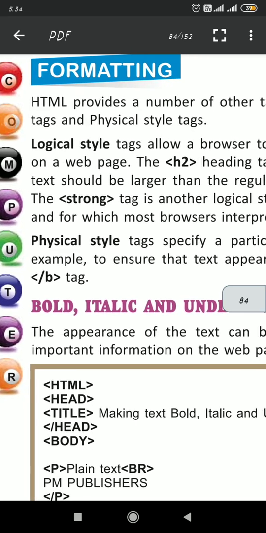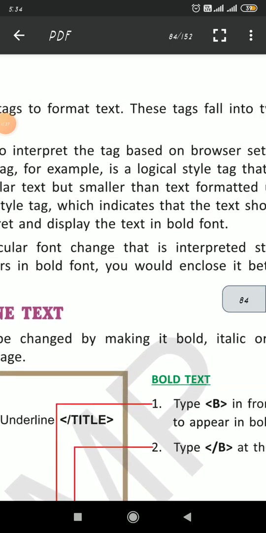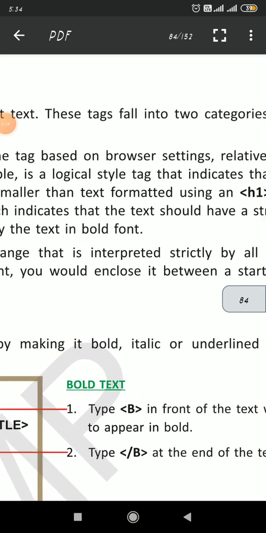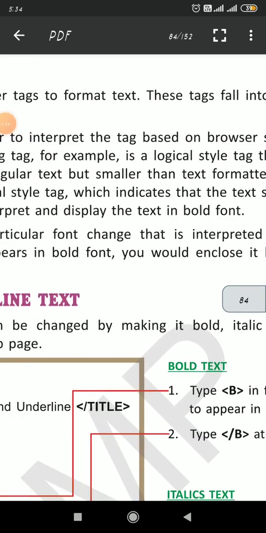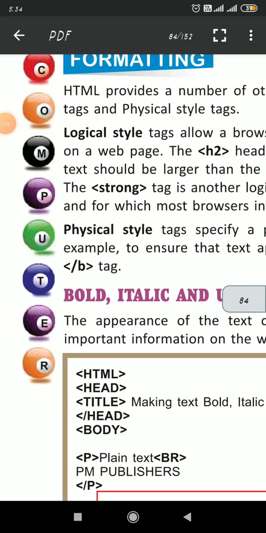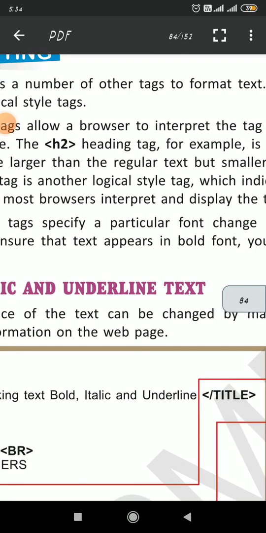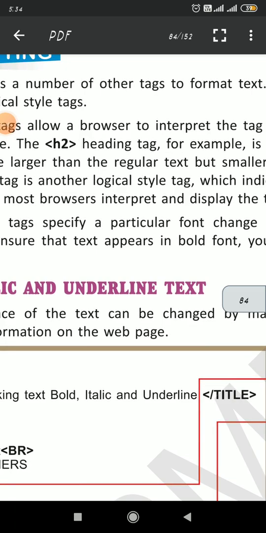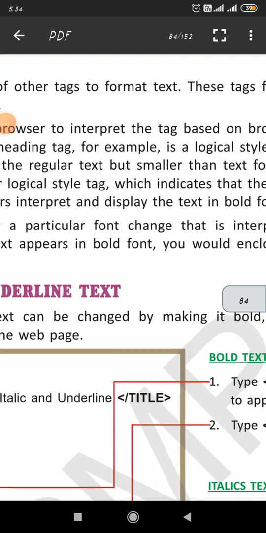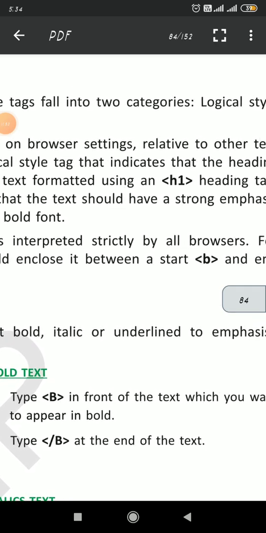Like the H2 heading tag, for example, is a logical style tag that indicates that the heading text should be larger than the regular text. Means H2 heading is there, so it will be larger than the regular text but smaller than text formatted using an H1 heading tag.